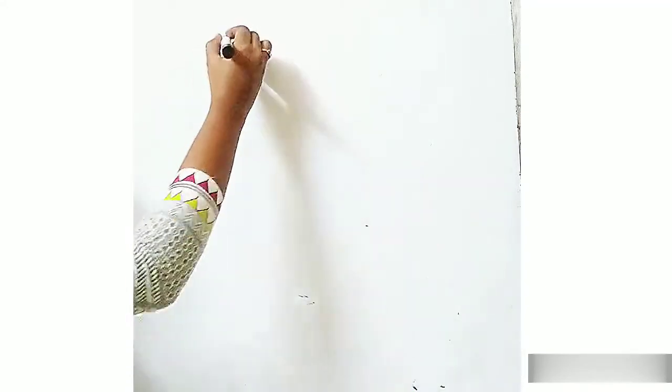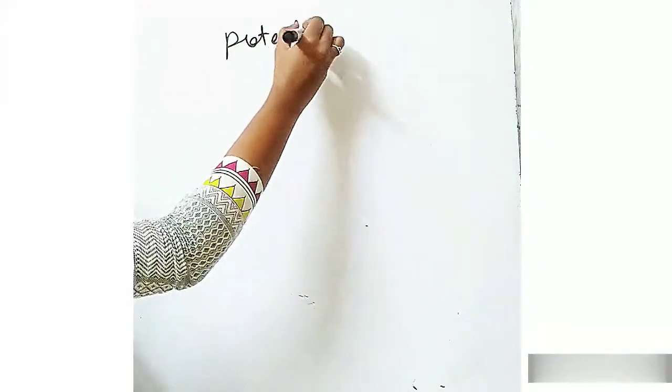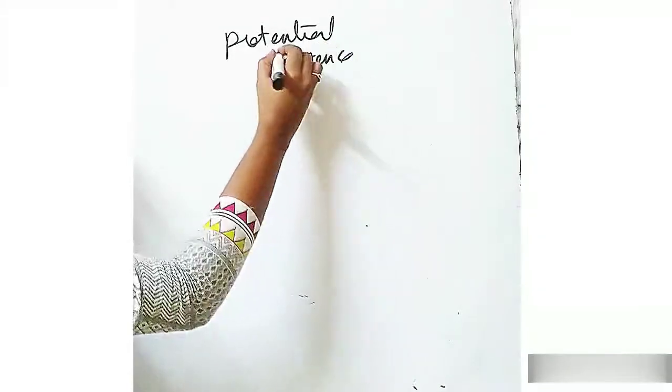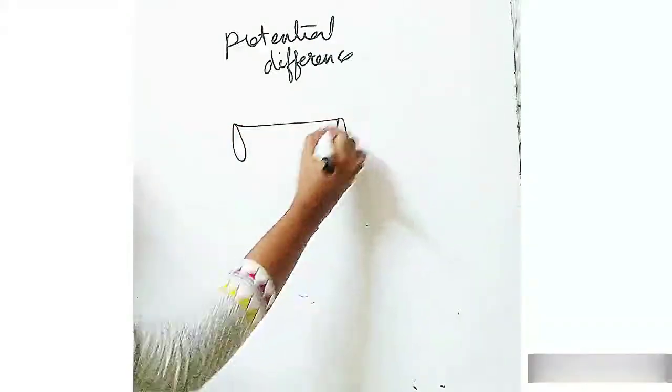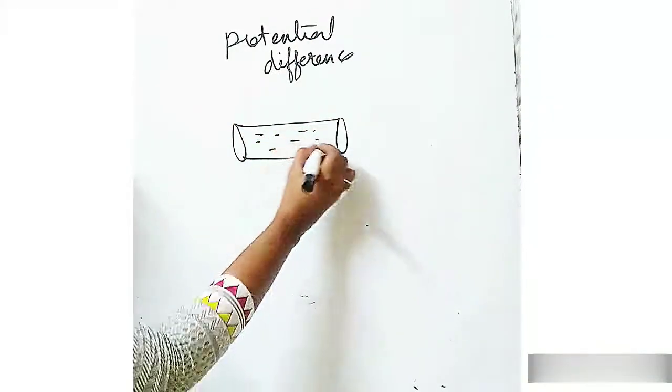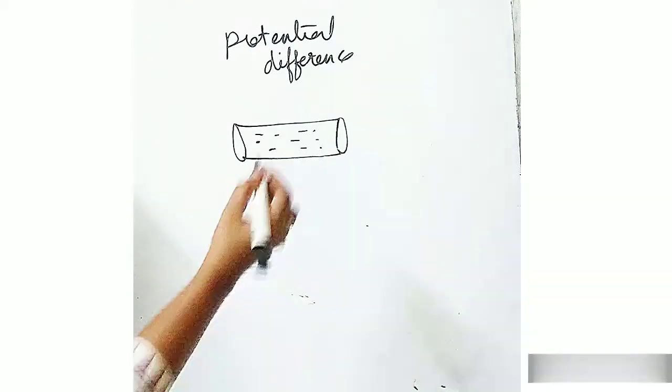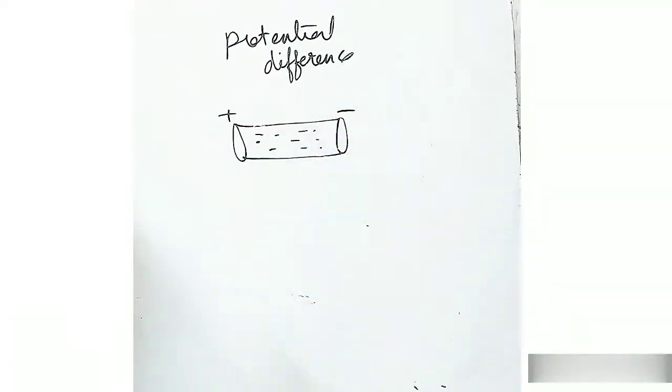That is accomplished by potential difference. There should be a difference in potential in the circuit. Then only the current will flow. This difference of potential is produced by batteries or cells. How does this happen? In a cell, some chemical reaction happens, and because of that there is a difference in charge, a difference in potential. That is why in a cell we write plus minus, minus plus.